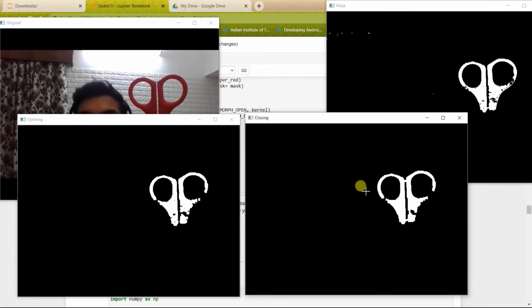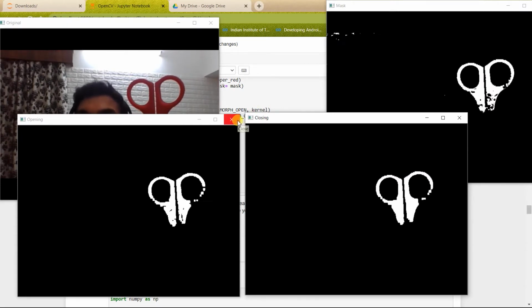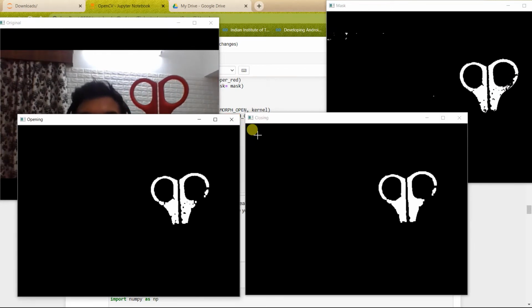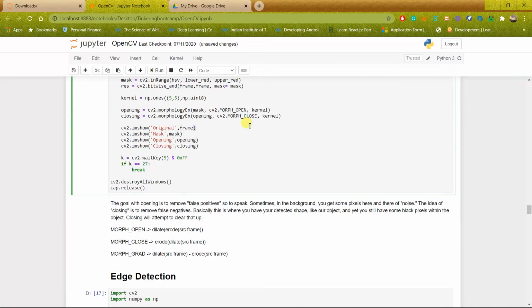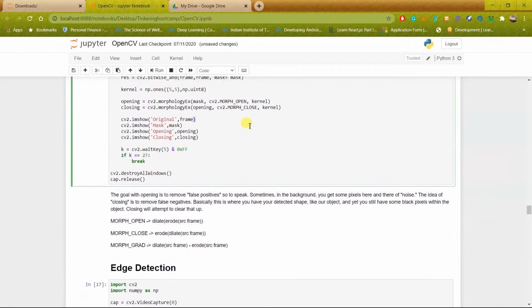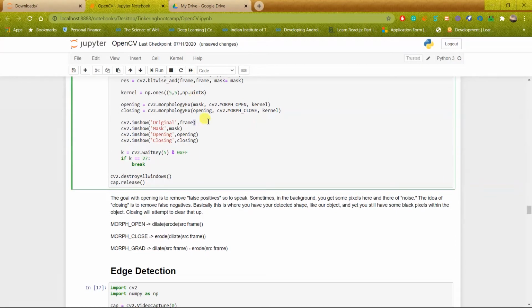Okay, so I have essentially provided the image first to the morph open, and after that I have applied morph close on it. So as you were seeing in the output, we get an excellent output by combining these two. You can use these separately also. You can even use the erode and dilate functions directly. It's up to you and your purpose as to what fits best according to you.